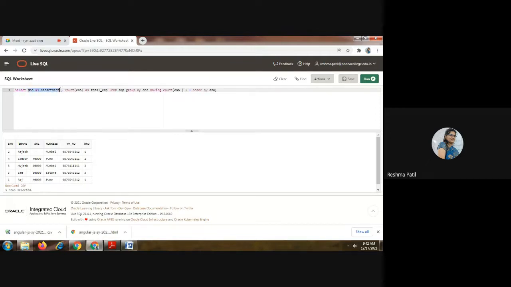What we have to show? First, which department is that? That number we will show as a department. Then the second column is the count of employees available in that department. That count we will find out by using the count aggregate function, on which we are going to use employee number. This number is unique, it is not going to repeat. So we will use it on employee number, which is the attribute name of that employee.